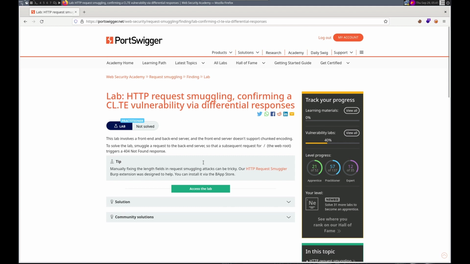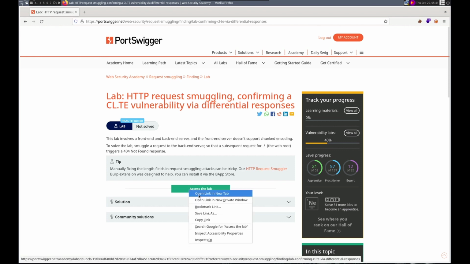Hello, this is Trevor. Today we're working on another request smuggling lab in PortSwigger's Web Security Academy. This time it's request smuggling, confirming a CL.TE vulnerability via differential responses. The front-end server doesn't support chunked encoding. The subsequent request for root triggers a 404. Okay. Sweet. Let's